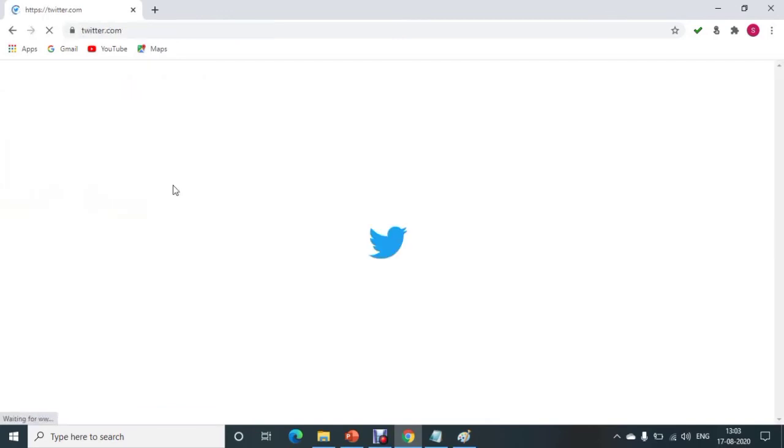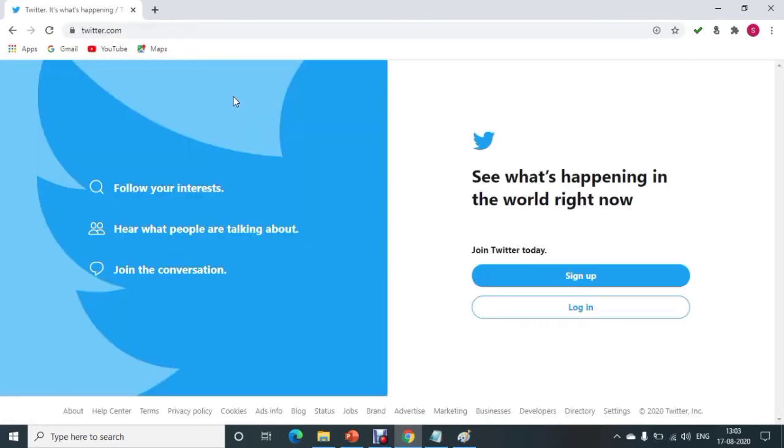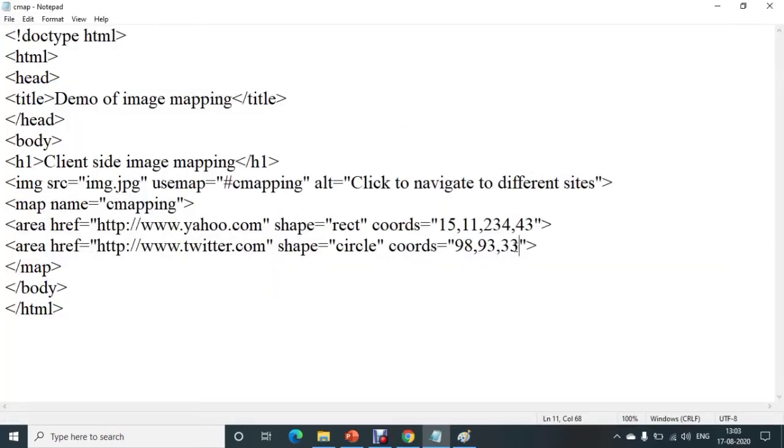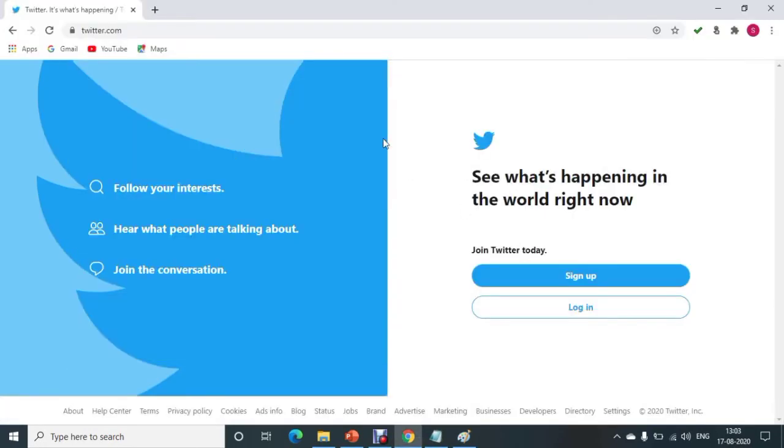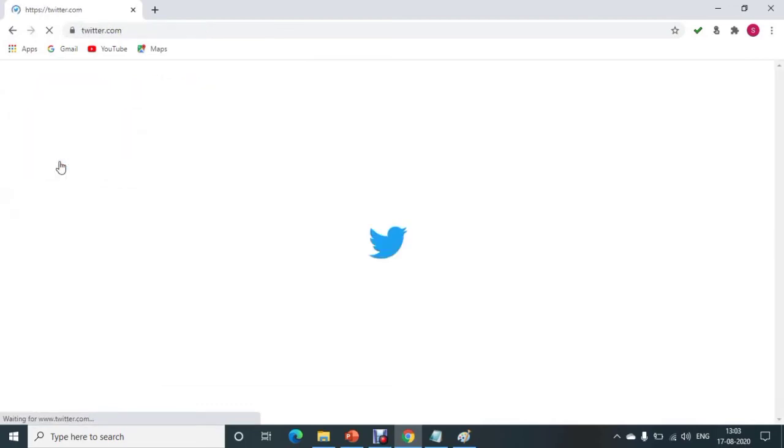Now you can see this is a circular region and you will be navigated to the Twitter site. You can change the radius of that circle if you want a lesser value. See here, the radius is reduced now.